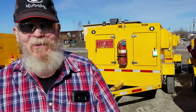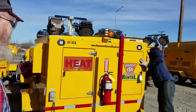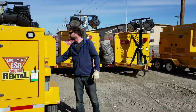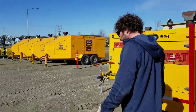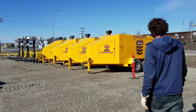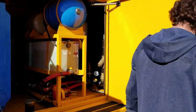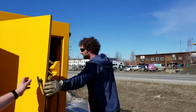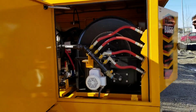That's all impressive, all those things that you make, man. And then what we're really proud of, which is our absolute new baby that we've had since the first winter I was here, was the first time we broke these things loose. These are our hydronic heaters. So they pump a hot glycol through a line just here. We've got all of our reel systems and hose beds. It's all quick